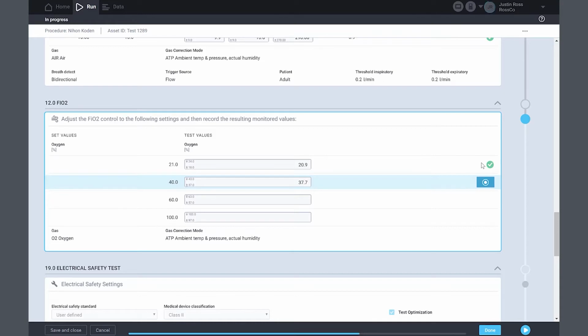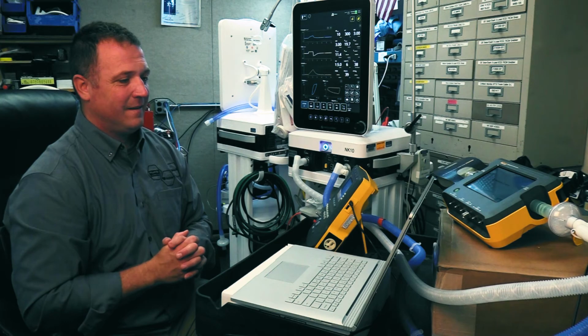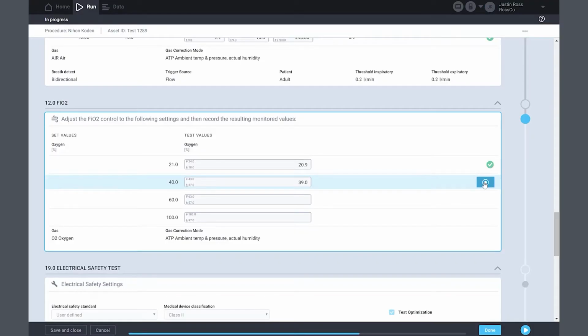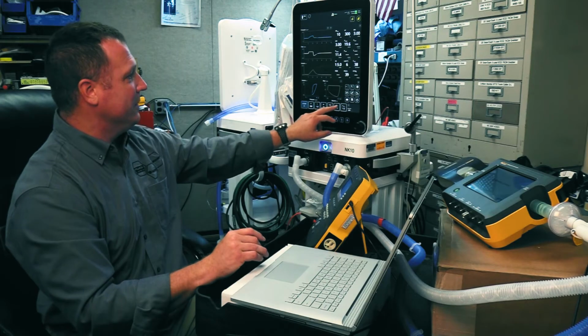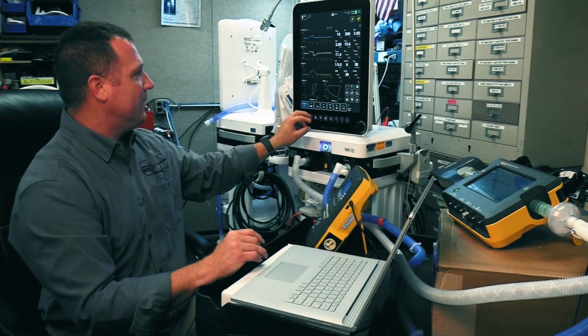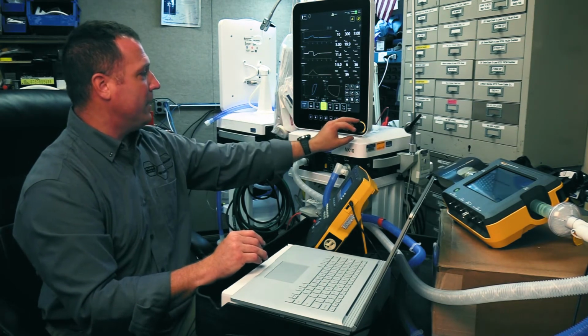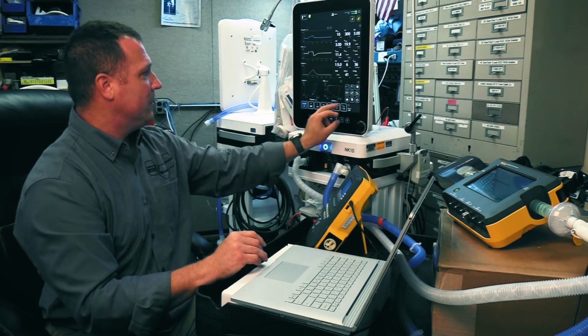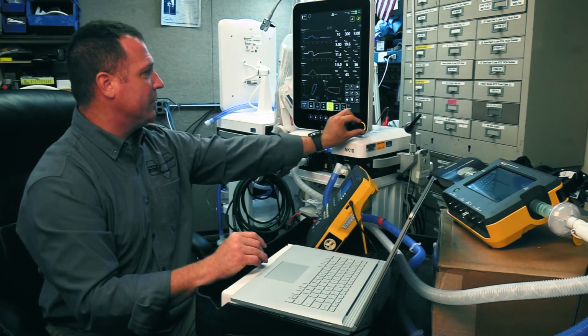37. All right, now we're stable. 39. We're going to go ahead and take our store measurement, and we're good. Green light means go. We're going to go to 60. Let's run this up to 60. I'm going to run my breaths up to 20 to help speed this process along. I'm going to drop my PEEP way down so that we exchange more air.